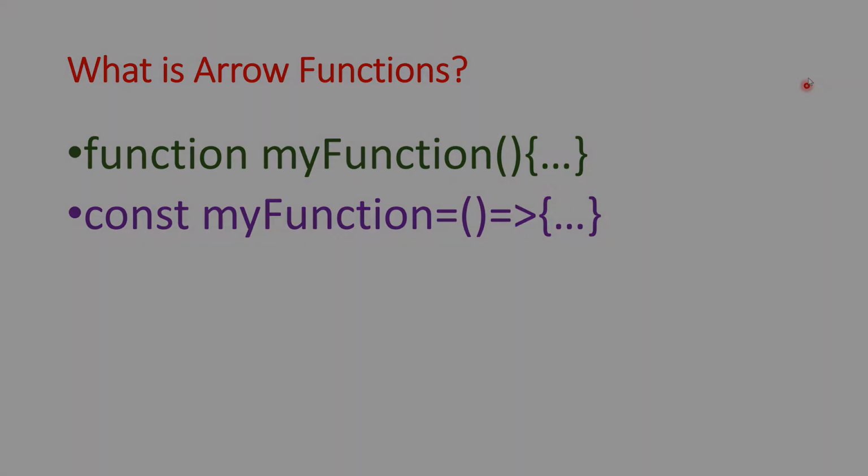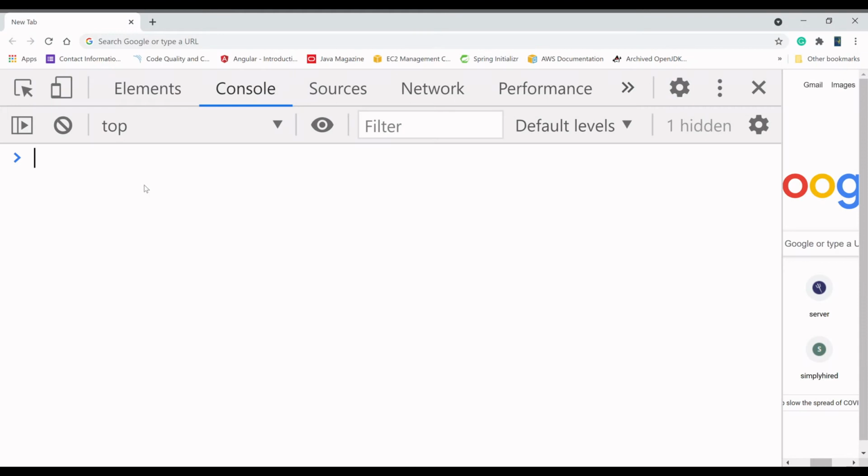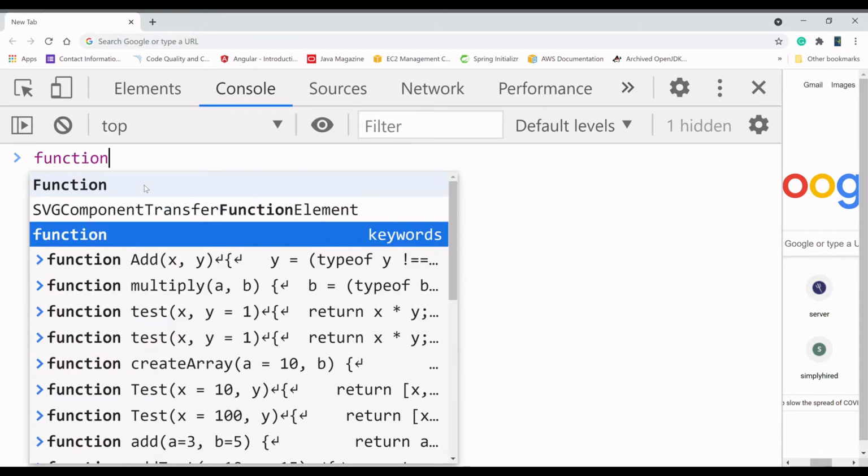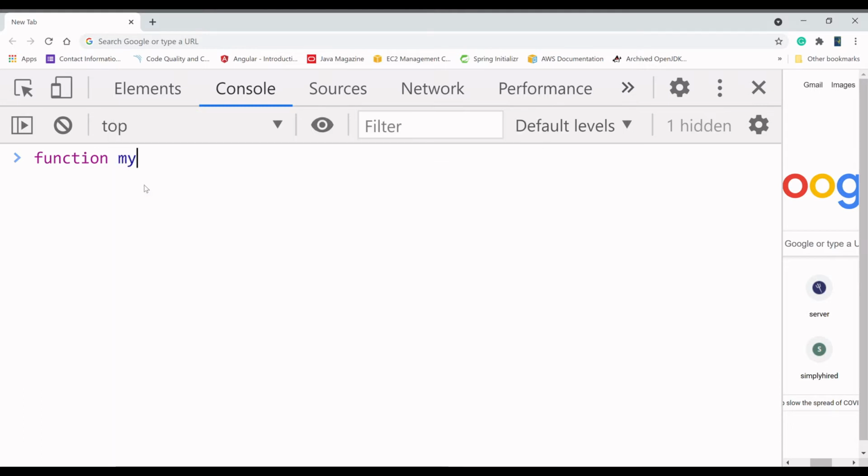Okay, so let's begin. Now we are back to the console, and we will write some code here. Let me write a function, my function, and in this function body I'm going to pass console.log and write my name, Hira Babu.